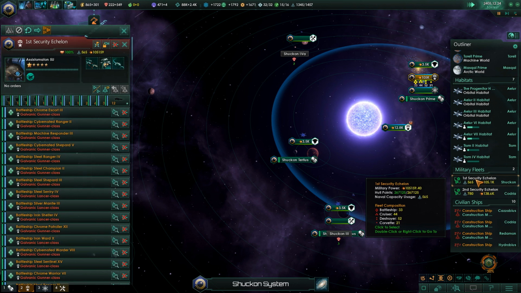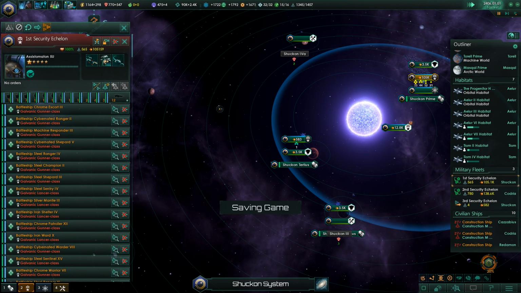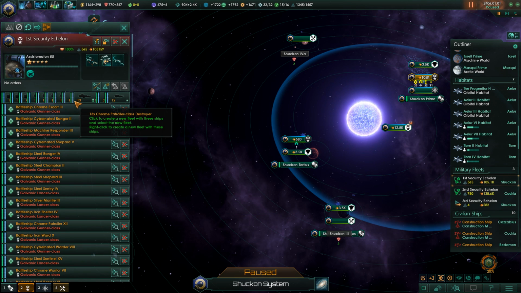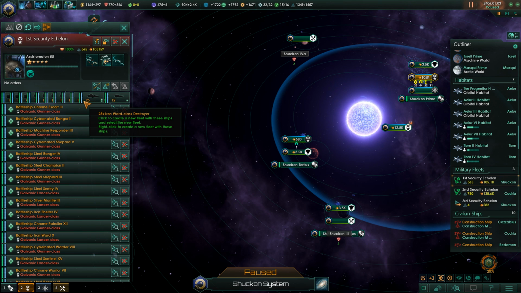So now what I need to do is take a look at our destroyer complement. We have 52 destroyers. We should have 60. So let's take a quick look at what we've got destroyer-wise. 13. So I could just build 7 and be done with it, I guess. I kind of want to have... This means we'll have 65, but I kind of just want to...